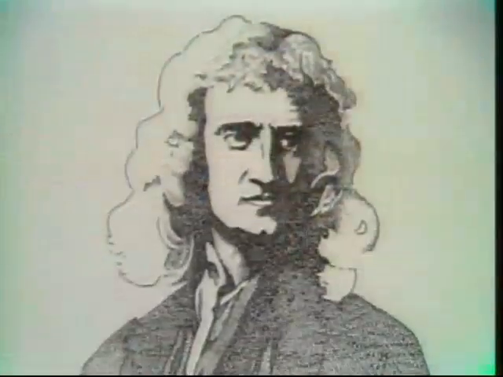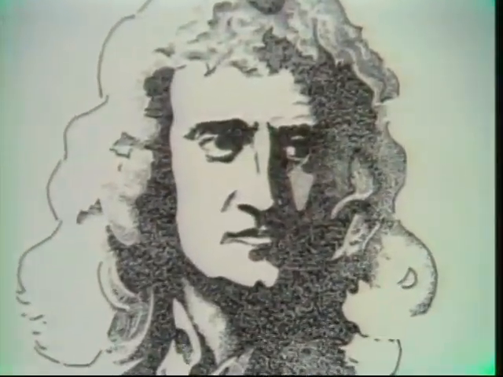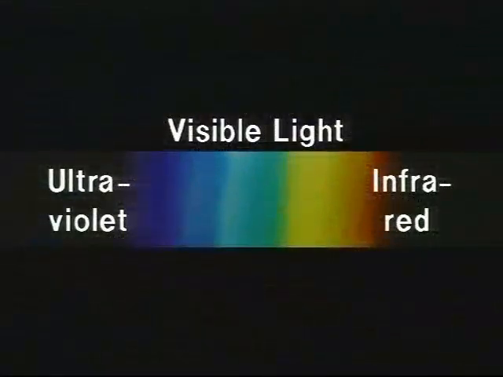He was able to prove that sunlight is comprised of all the colors visible to the eye. However, this visible light, in fact, occupies only a small portion of the entire range of radiant energy, which is known as the electromagnetic spectrum. As Newton discovered, the visible portion of the electromagnetic spectrum is divided into wavelengths that are detected by the human eye as different colors. It is the interaction of radiation of these wavelengths with an object that causes the object to have a color. When light hits an object, specific wavelengths of the electromagnetic radiation are absorbed, and the rest of the light is reflected back to the eye.